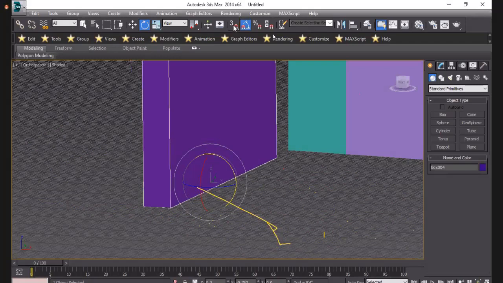So this is the use of the snap tools. What we can use here are these three tools: move, rotate and scale. Third, then use snap toggle and then angle snap. And another thing we can use is grouping.